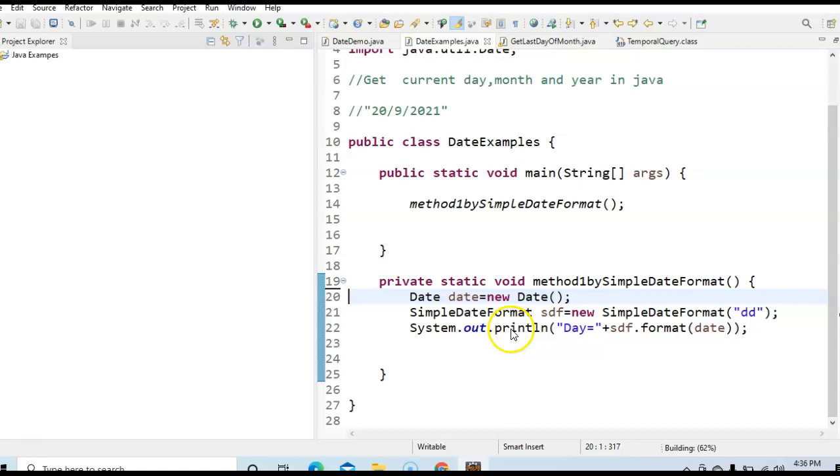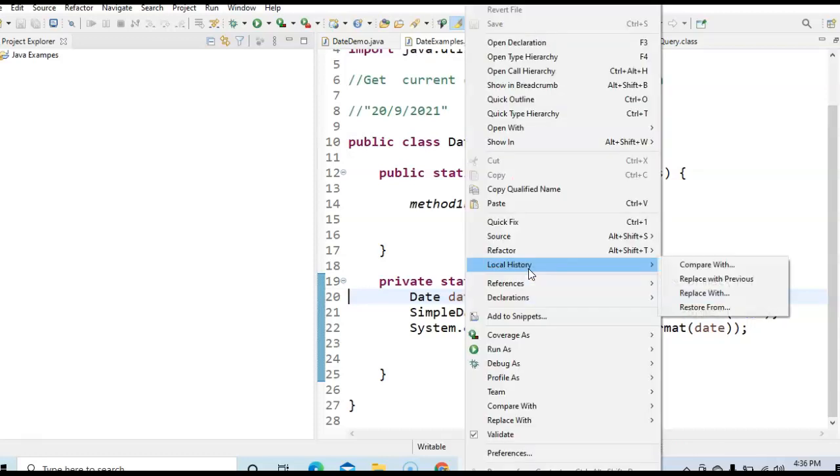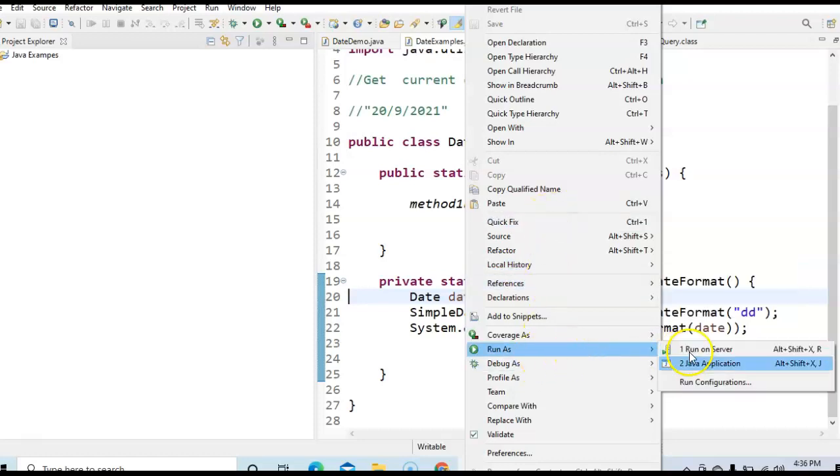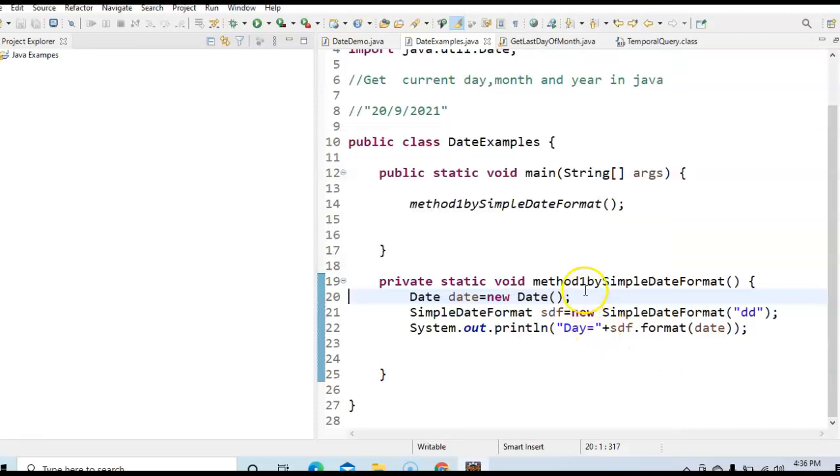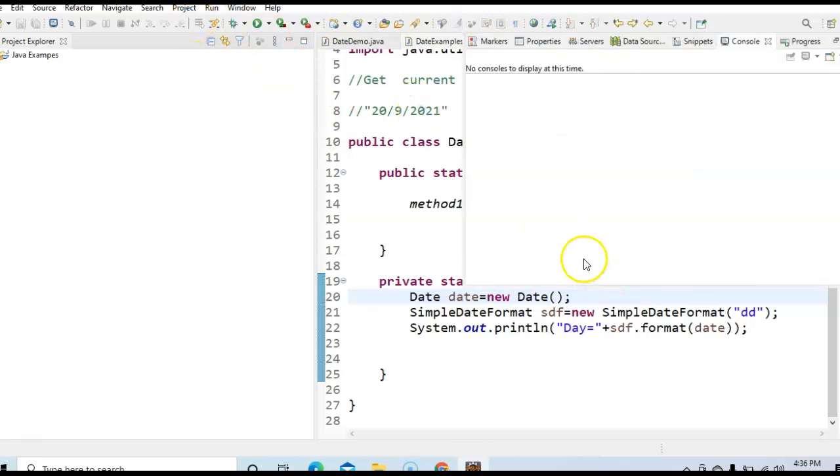Let's run the program and see the output. It's running the program now. If you see, today is 20th September, and we got the day equal to 20.